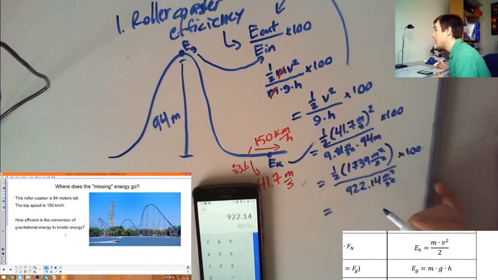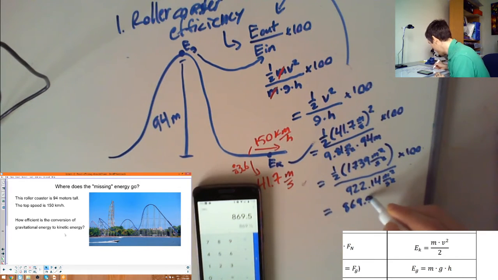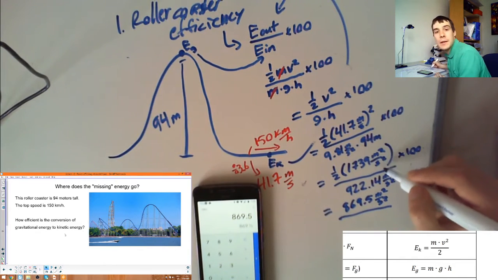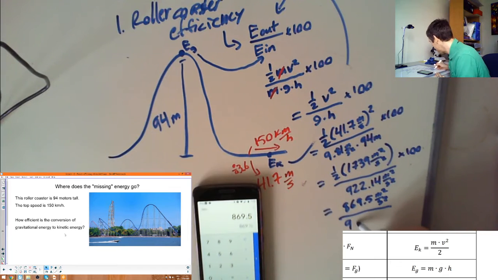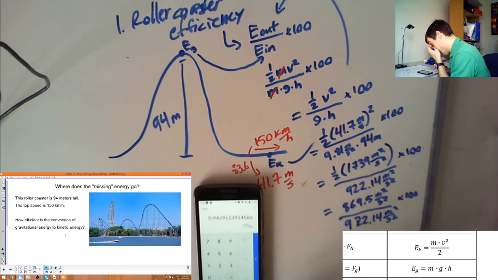And then we just need to cut that in half, so 1739 divided by 2 is 869.5 meters squared per second squared, because all we did was divide it by 2. It keeps the same unit there, and this one is 922.14 meters squared per second squared, obviously times 100. And then the last piece is dividing it by 922.14. That's equal to